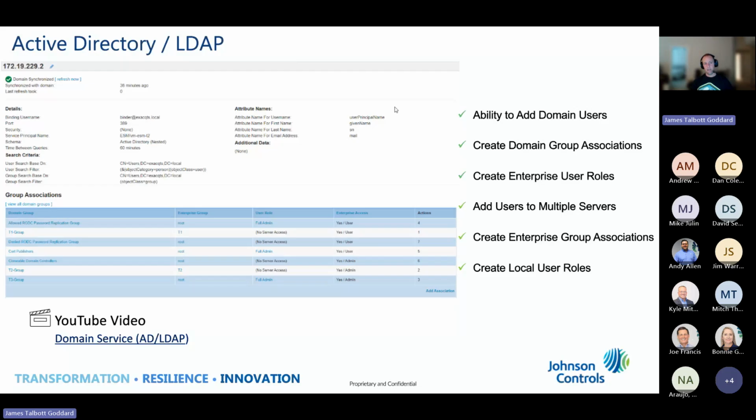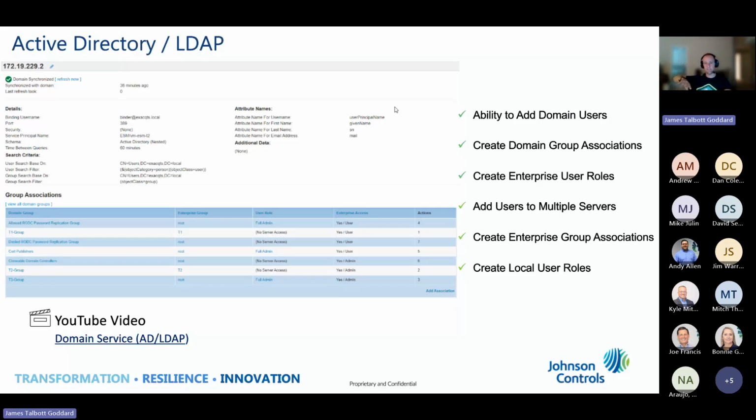And then the last thing I'll mention about the Enterprise Manager, and I already kind of mentioned it briefly, is the ability to use Active Directory or LDAP. If you are using Active Directory in conjunction with your group management that we just talked about, you can do group associations. So this group within Active Directory is assigned to this group, in this case maybe high schools, in Enterprise Manager, and this group within Active Directory that's assigned to high schools has this permission level. So that automatically syncs up everything within your domain login with what they're supposed to be able to do within